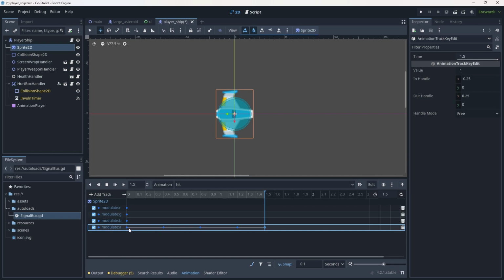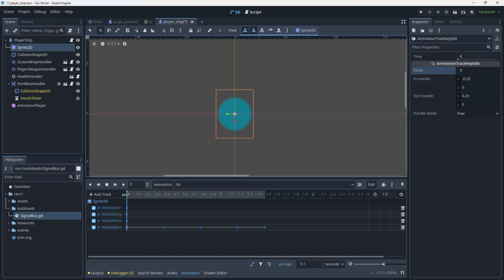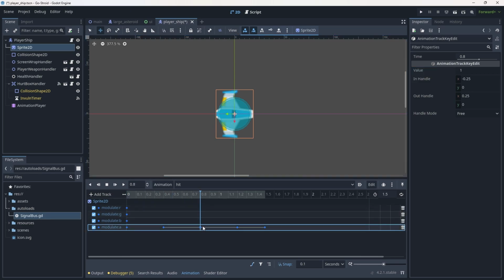Now what we can do is go through and start changing the visibility on the alpha. So to do that, we can click on the first keyframe here. We can come up to the inspector and you'll see this value. This is the value for alpha. So if I change that to 0 and now I move the scrubber back, you'll see that our ship just went invisible. So we've got one flash, and now at 0.8 seconds, I'm going to change this keyframe to 0,